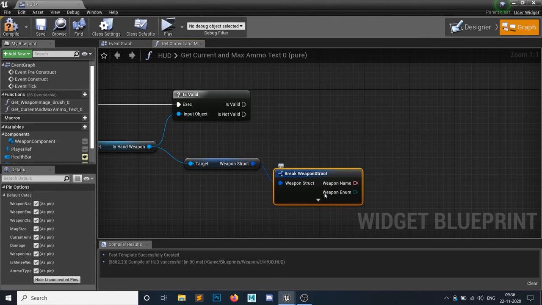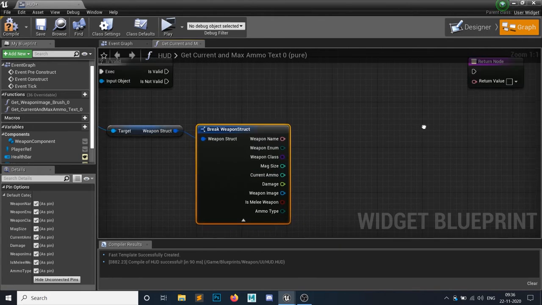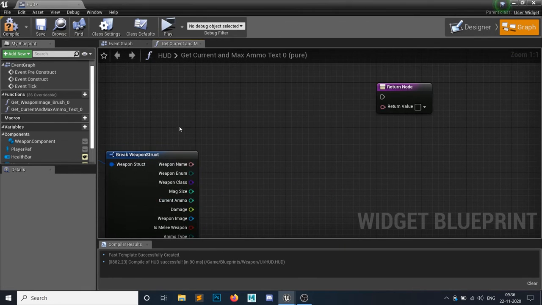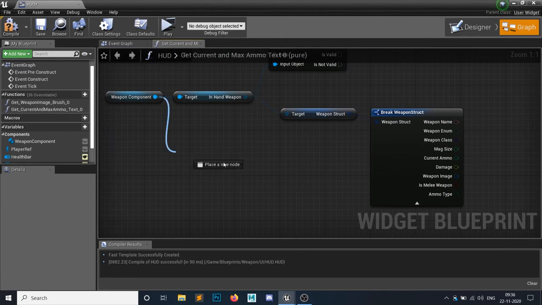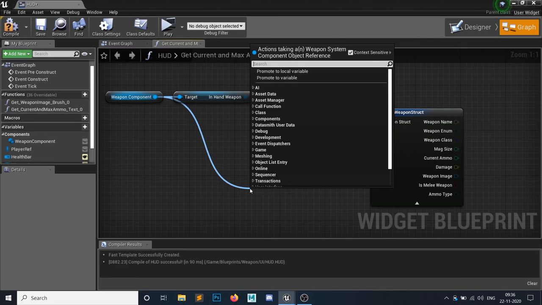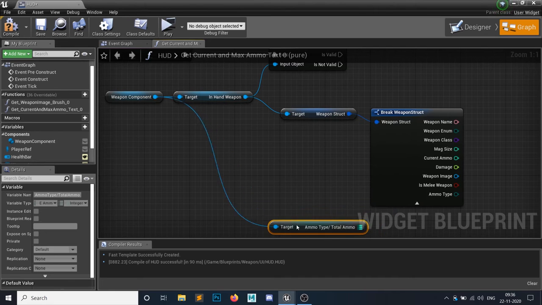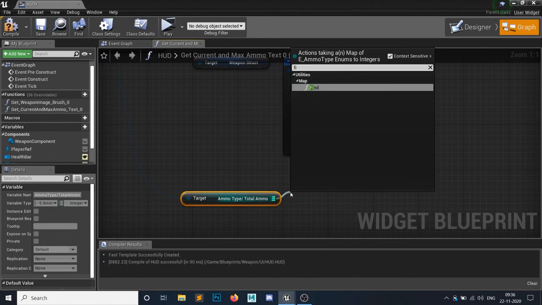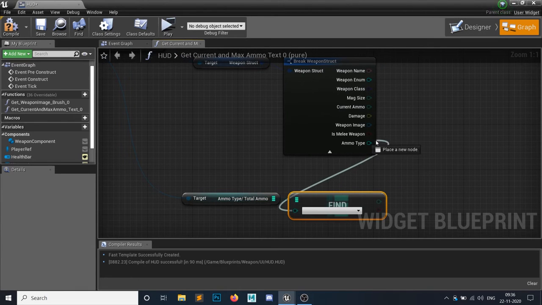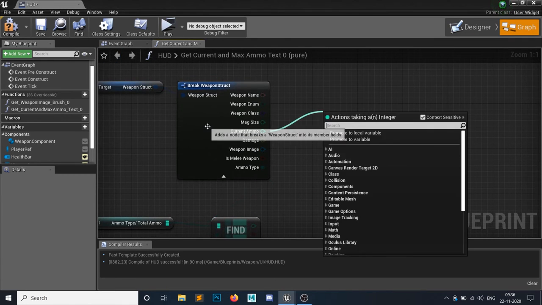So break, and we have a current ammo, I think. Yes, this one. But the current ammo is in our weapon structure and the maximum ammo is inside our weapon component. If you remember, ammo type and total ammo, which is a map. So I need to find the type of ammo, and this is our maximum ammo, and this is our current ammo.